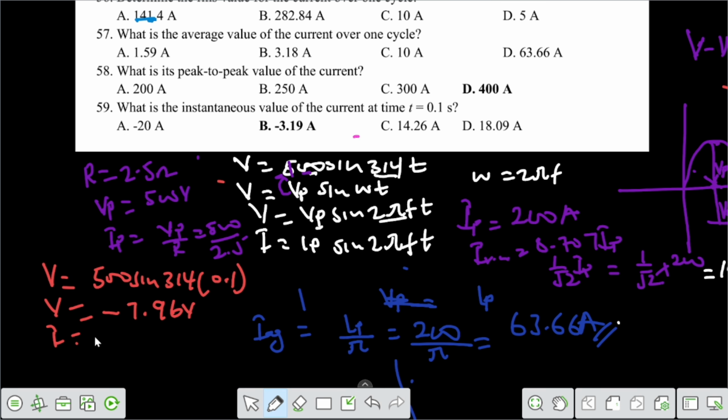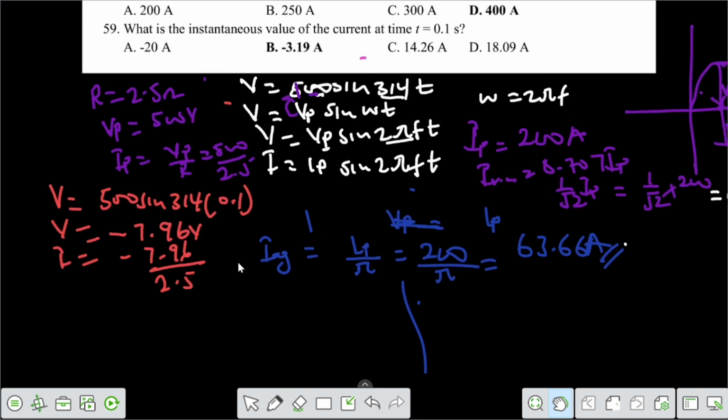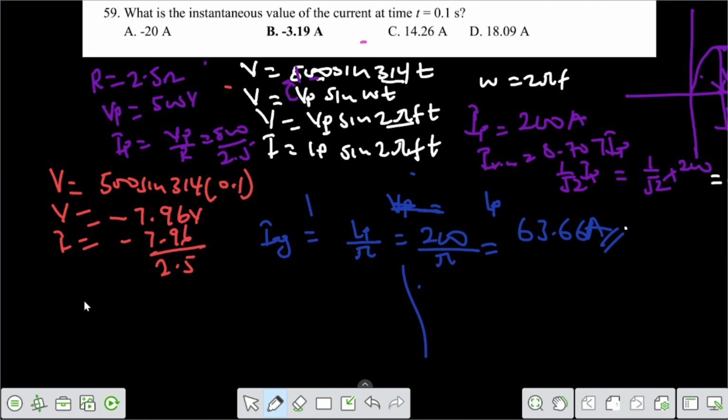But don't forget, the question says we should find the instantaneous current. So the current will be equal to the voltage that we have had at that particular time. Instantaneous value is a value at a particular time interval. So 7.96 divided by the 2.5, the resistance that we had earlier. That will give us a resulting value of the current to be equal to minus 3.19 amps, and that will be the end of the road for us